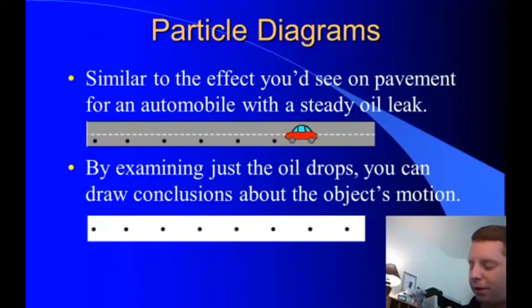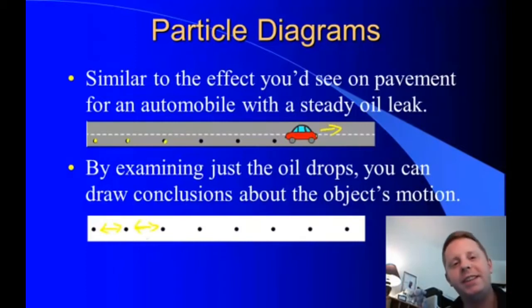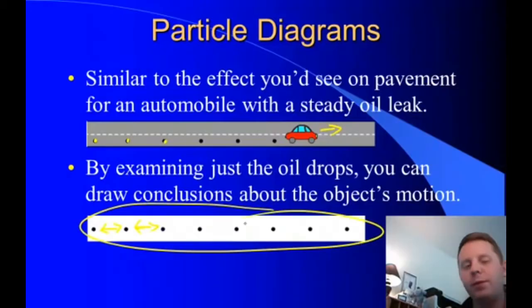For example, if your car is moving here to the right and it's giving off that steady oil leak, and when you go and examine these oil drops, you see that they are always the same distance apart, it should be pretty easy to see that this is probably occurring because your car was moving at a constant velocity. Now, what you can't tell from just the oil drops is whether your car was moving to the right or to the left. You'd have to see the car to do that, but you can tell it was moving at a